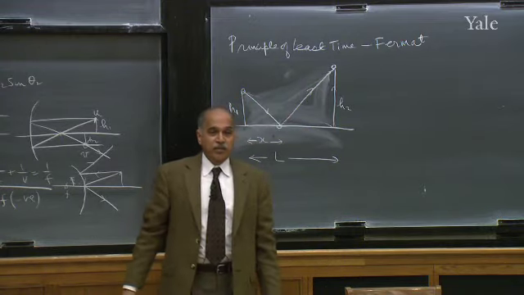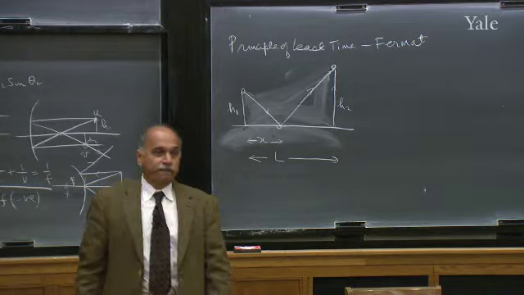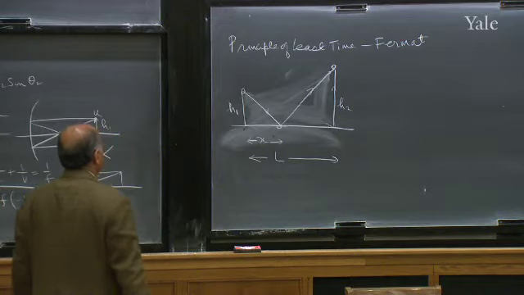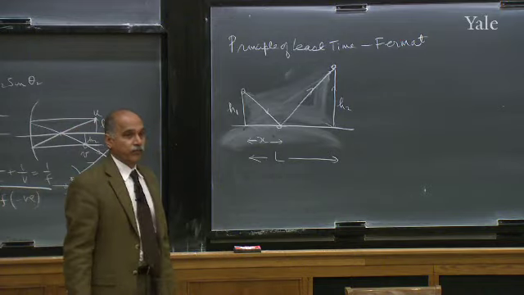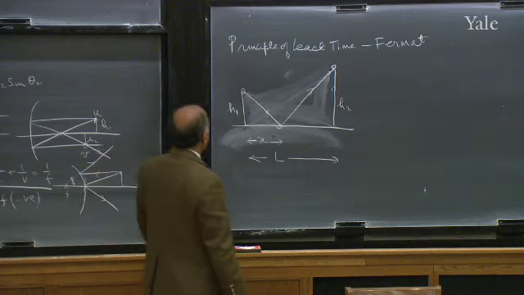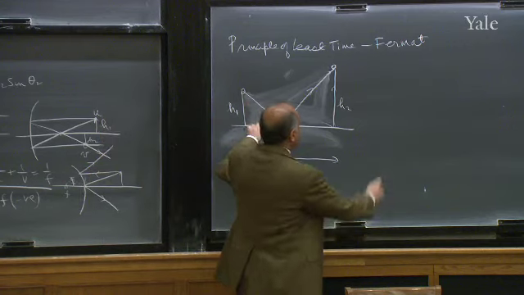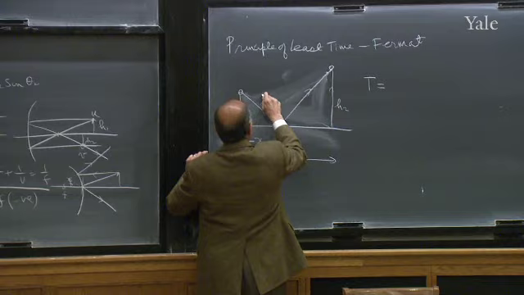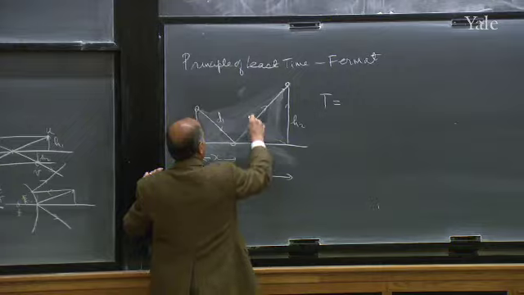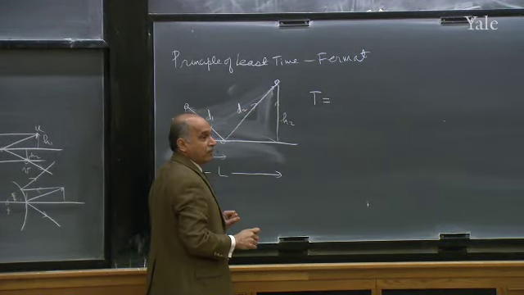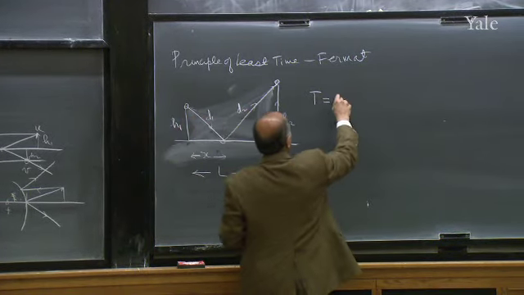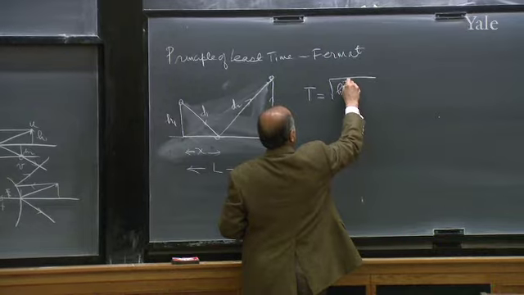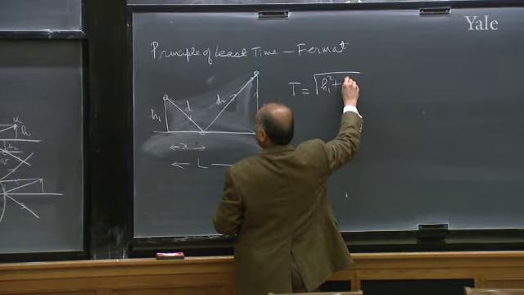So what I will do is I'll simply calculate the time, then find the x for which the time is minimum. So what's the time taken for the first segment? Let's find the total time. It will be the distance d1 divided by the velocity of light plus distance d2 divided by the velocity of light. d1, you can see, is square root of h1 square plus x square